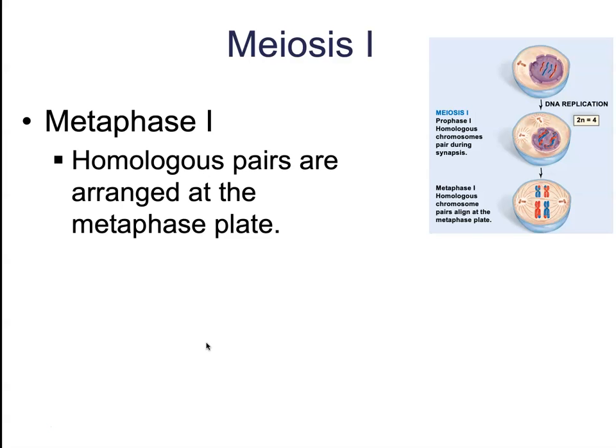In metaphase I, the homologous pairs are going to be arranged at the metaphase plate. Now, their arrangement is completely random. We have no idea how they're going to line up. They could line up maternal-paternal, maternal-paternal all the way down. They could line up maternal-paternal, paternal-maternal all the way down, every other sort of thing. The way they're going to line up down this metaphase plate is called independent assortment. With that independent assortment, I'm not sure I said this last time, but all that really means is just because